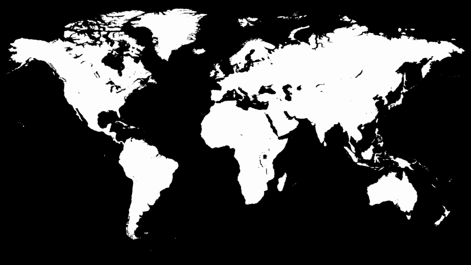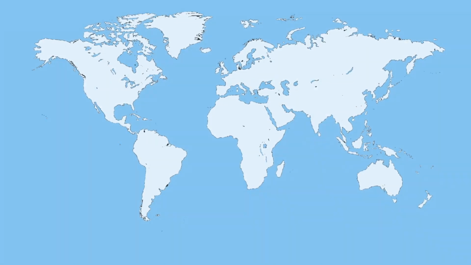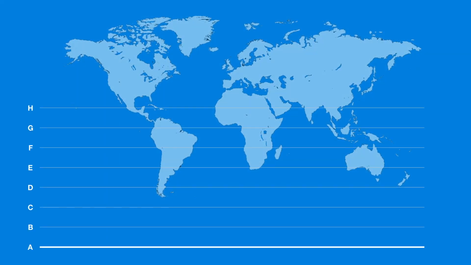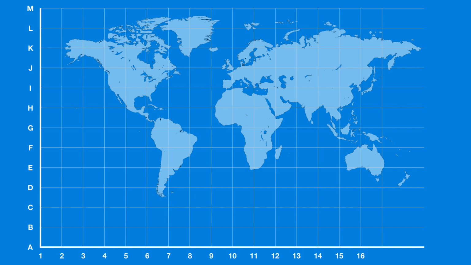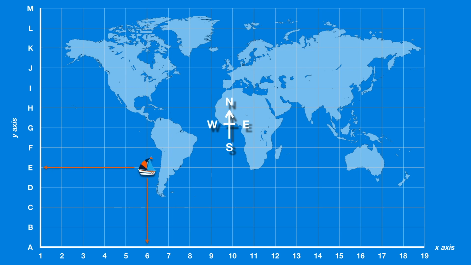Of course, if Earth really were flat, then we could just put a grid over the map and label the two axes, perhaps letters for the y-axis and numbers for the x-axis. Life would be pretty straightforward. As we move around the world, we just use the y-axis and x-axis as appropriate. This isn't actually dissimilar to how latitude and longitude is used in practice, but what's important to understand is how